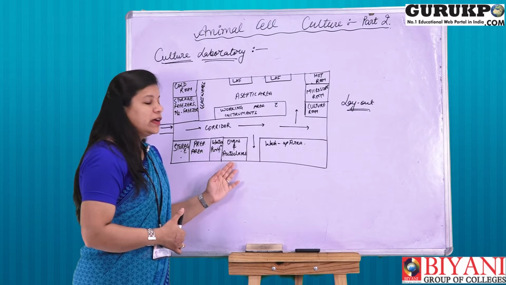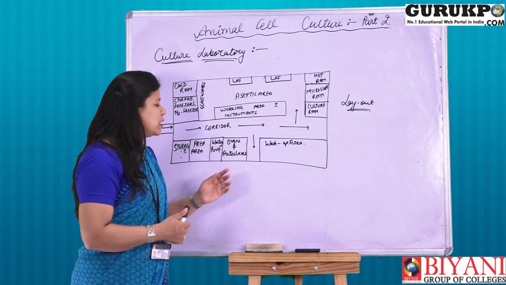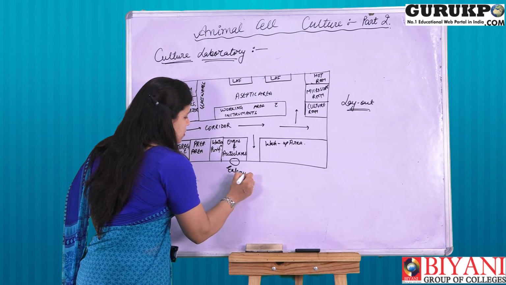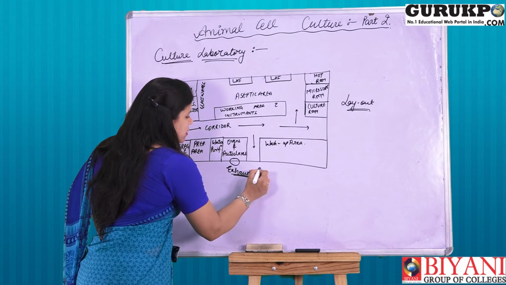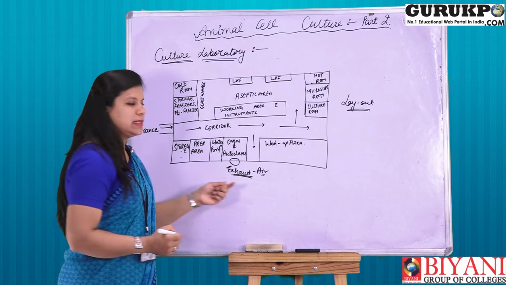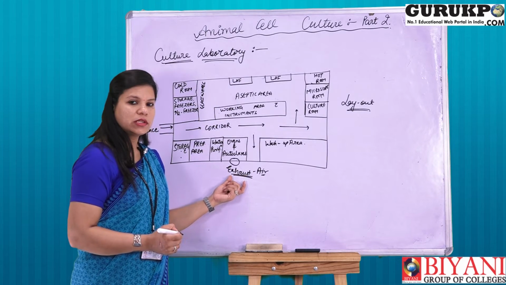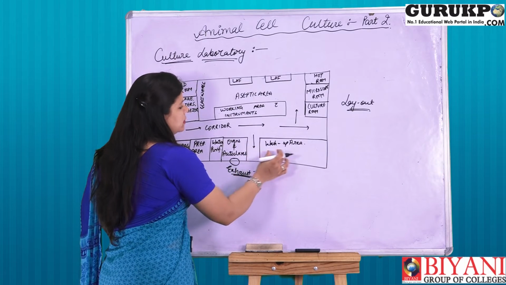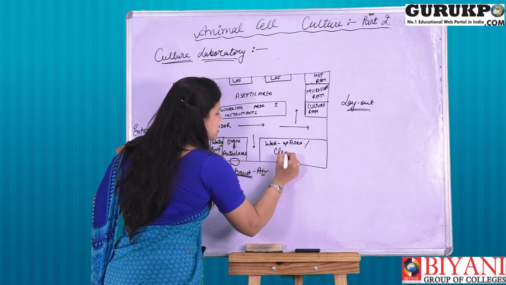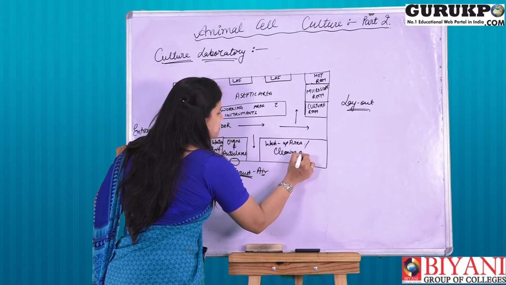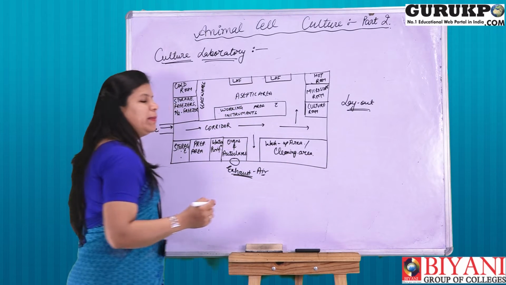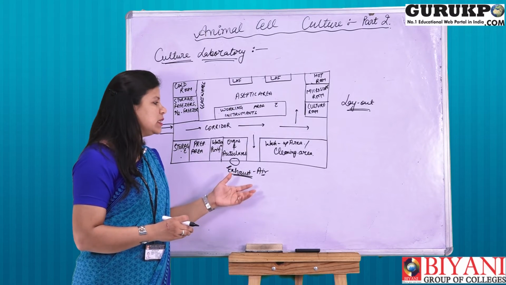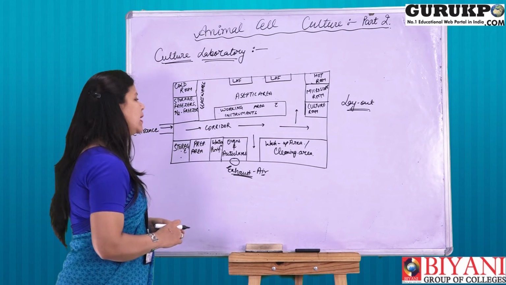Wherever the ovens and autoclaves are present, there should be a specific air passage, and there should be exhaust around the laboratory. Then we have again a gallery, and there is the wash up area, or you can say the cleaning area, where petri plates or whatever kind of glassware is utilized for the culture purpose are cleaned, right?